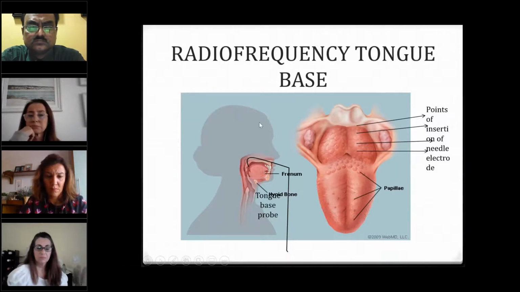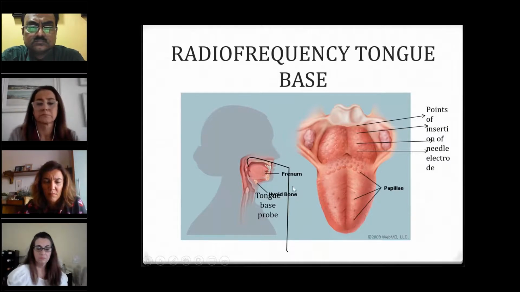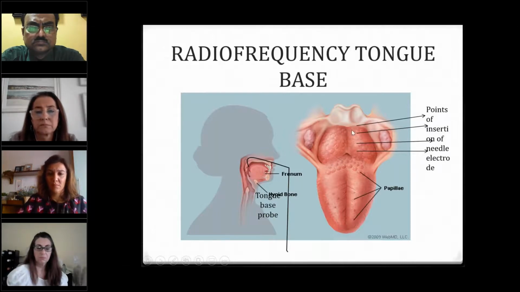If you're doing it under local anesthesia in sitting position, you can insert a 70-degree rigid laryngoscope with the patient's tongue out, held with a gauze piece or held tight, and insert the probe behind at the posterior part of the tongue and give radio frequency energy at 3-4 different sites. Here, here, here, here. So that's how you give radio frequency energy for tongue base.